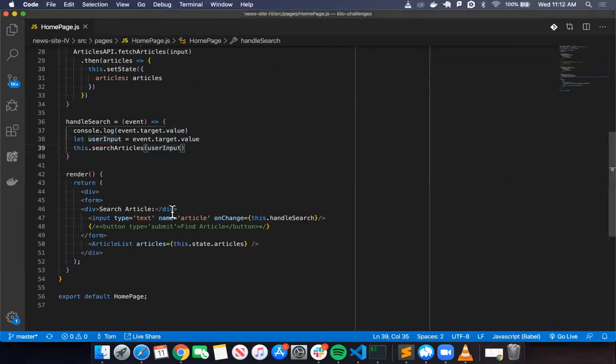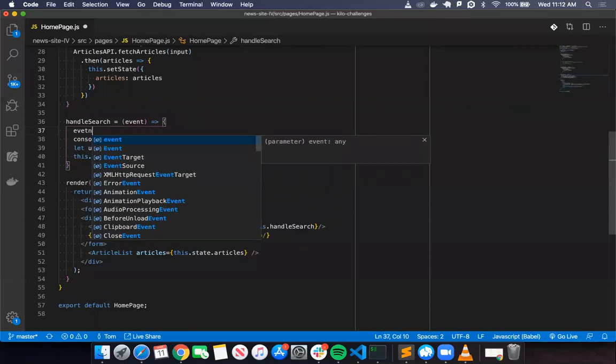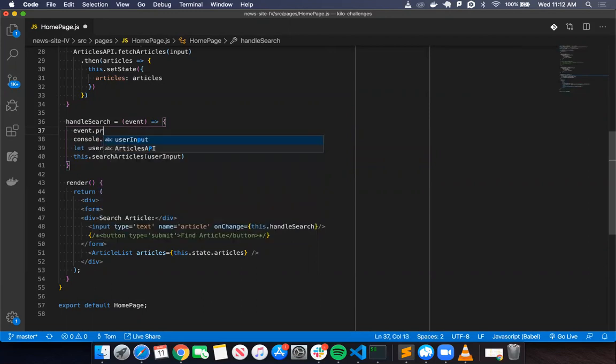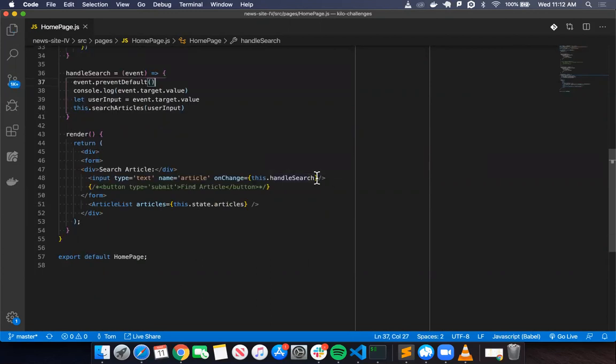We have the form, search articles. So instead of the on change there, you take that. So do event.preventDefault. I need that. So instead of this on change, we can put